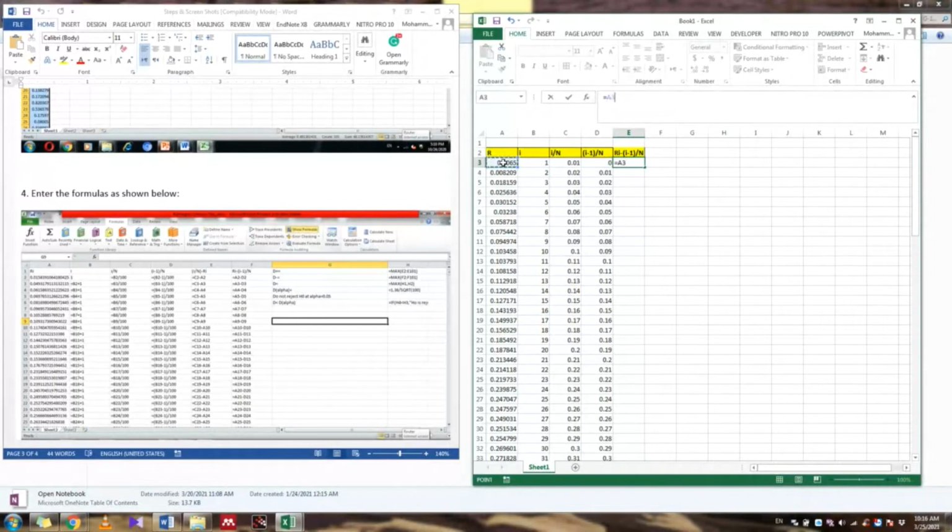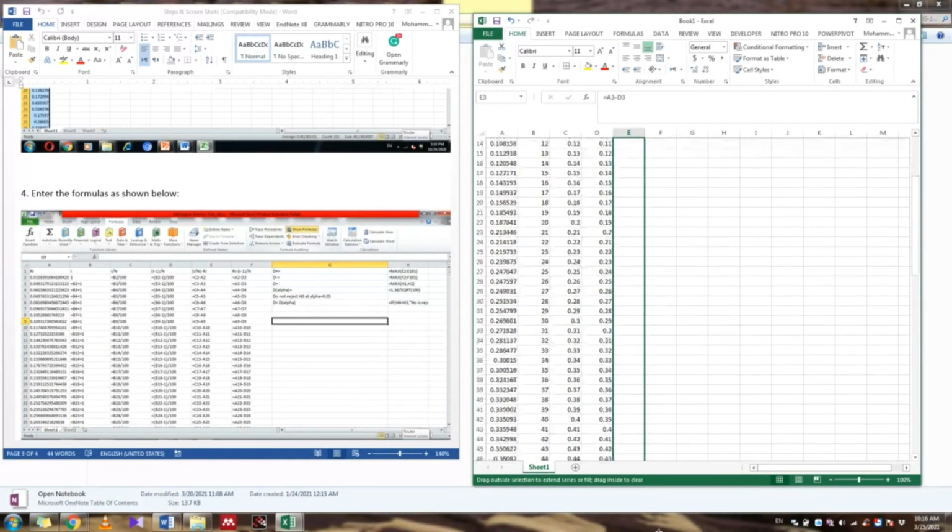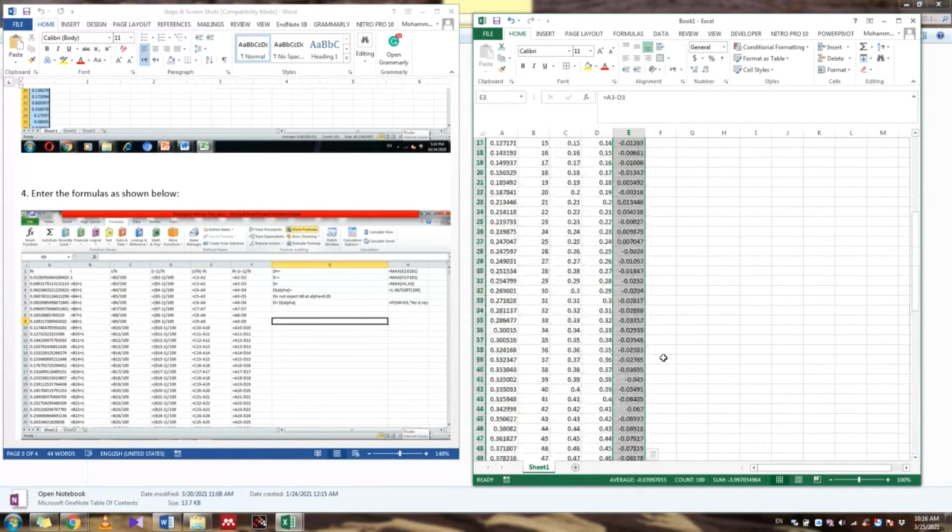After this, the i minus 1 divided by N that you calculated, minus this, and enter. Then automatically drag. This is the formula.